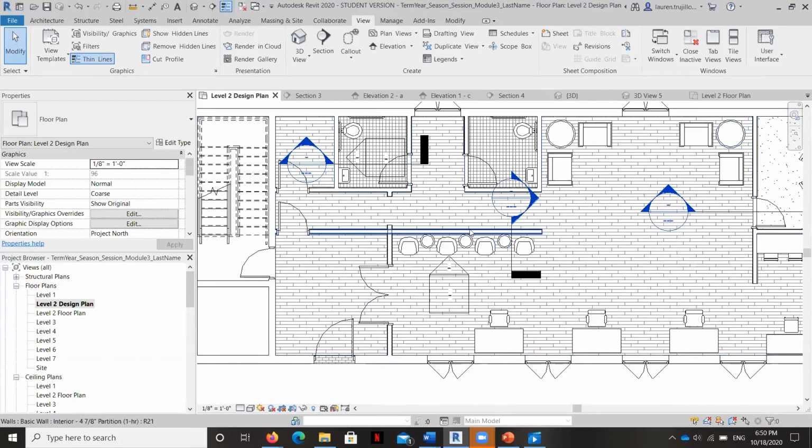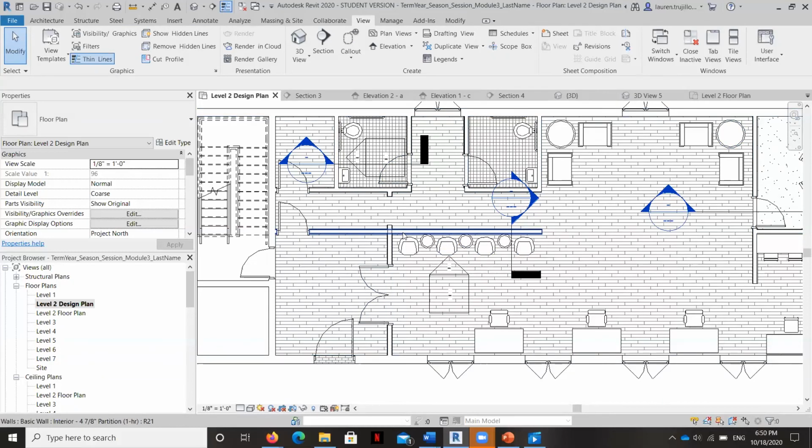So that's the reason why in this case the floor is going under the wall, even though under normal circumstances it would go up to it. So it's not wrong. It's just for the sake of time and because this is a skill-based class instead of a 100% realistic one. I didn't go through and do that, but you're welcome to get meticulous with the outline of that floor finish layer if you would like.